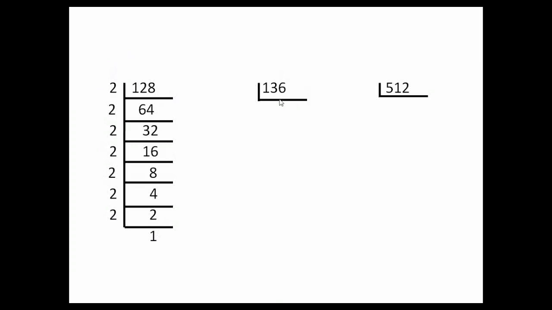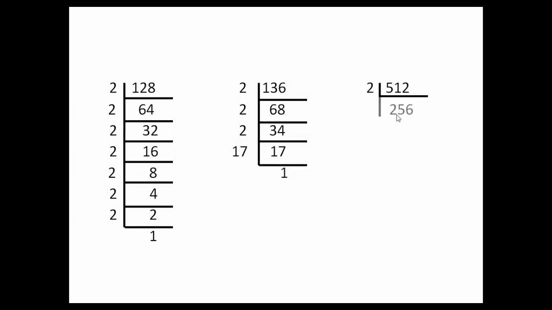Now let's factorize this 136. So let's begin with 2. So 2 6 is a 12, that's 2 6 and 8. 2 68 is a 136. Then 2 3 is a 6, 2 4 is a 8, that is 34. 2 17 is a 34, and 17 is a prime number, it cannot have any other factor, so 17 will go by itself, that is 17. 1 17 is a 17.